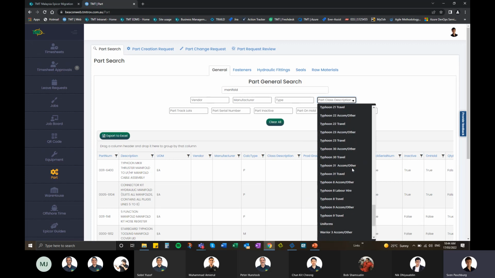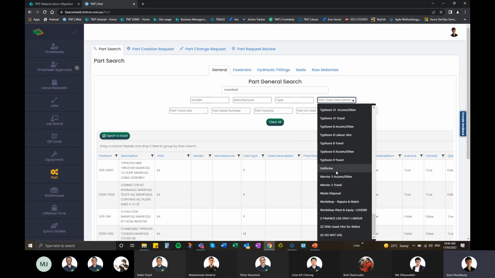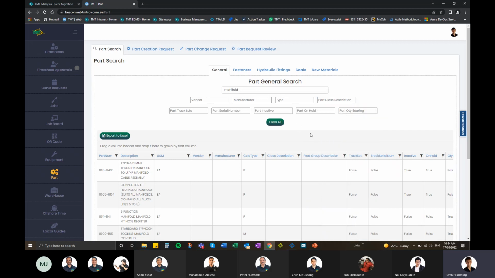Where's the uniform one? Uniform part number, because we have the same TMT branded t-shirt, and I don't know whether stores or purchasing sorts that out. Here in Australia, stores orders new uniform and manages it, but we want to order more of that TMT t-shirt over there, right? So we've got other things that we can filter by here, but this just allows you a broad general search for